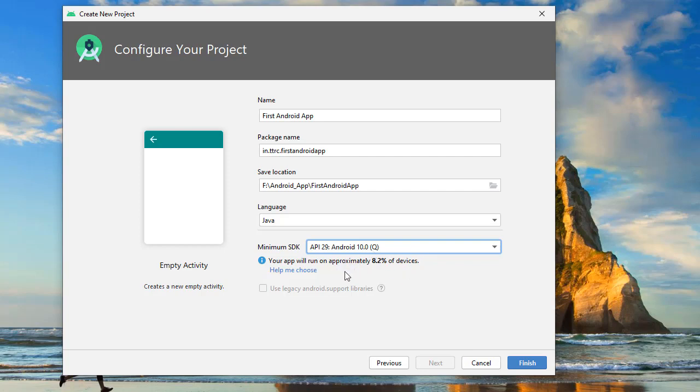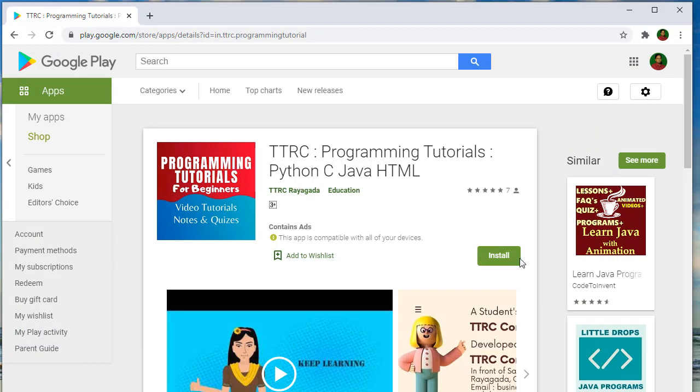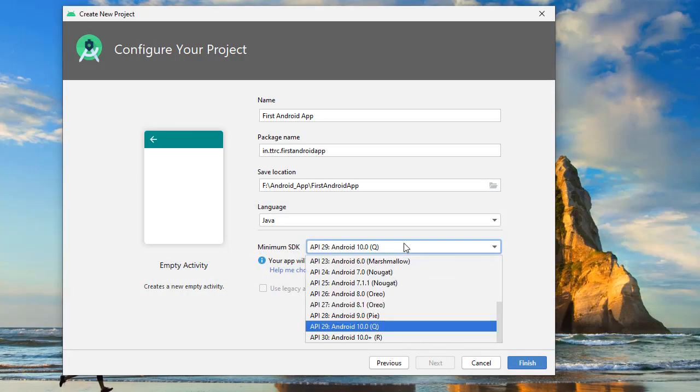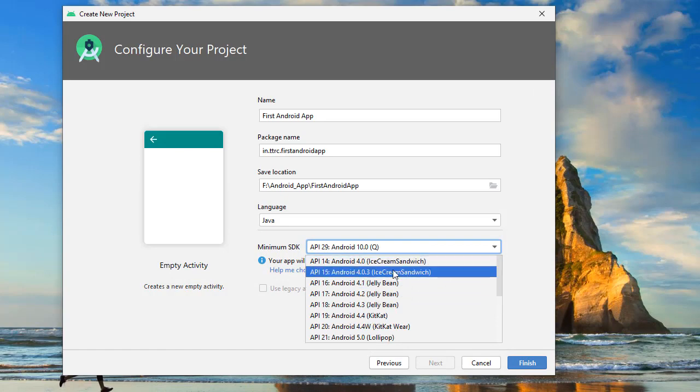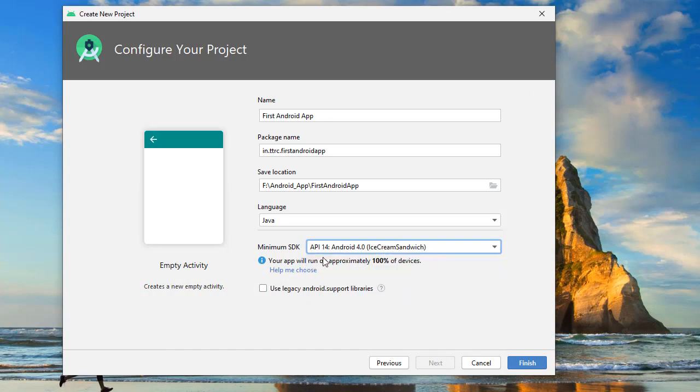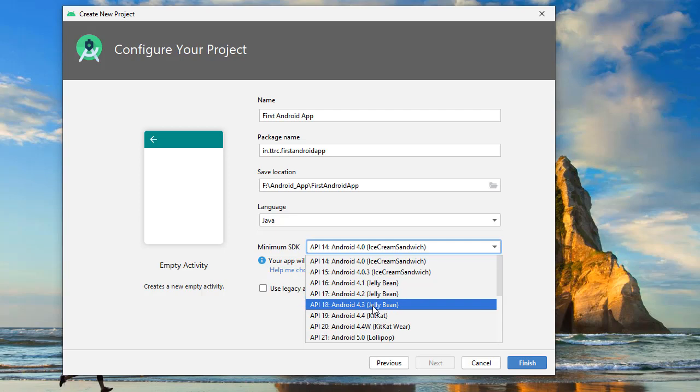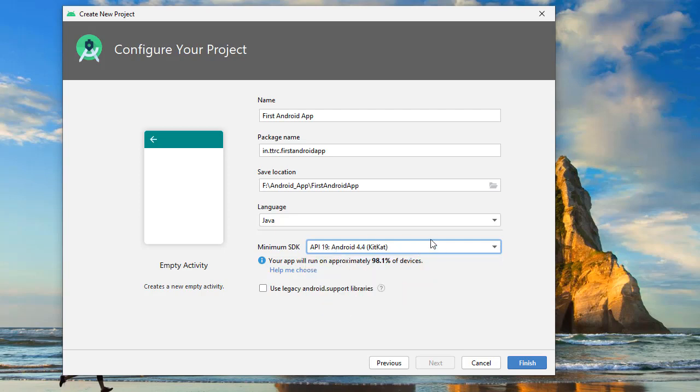If we choose Android 10, then only on the 8% of mobiles that have Android 10 will this install button be displayed. On other devices it will not show the install button, which means you can't install on those mobiles. So choose wisely on which devices you want to install your application. Suppose you choose Android 4.0, then 100% of devices can install your application. But we will choose Android 4.4. Then click on finish.